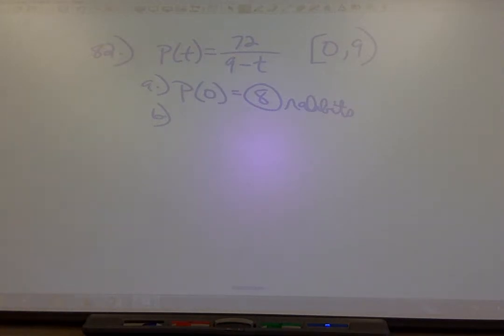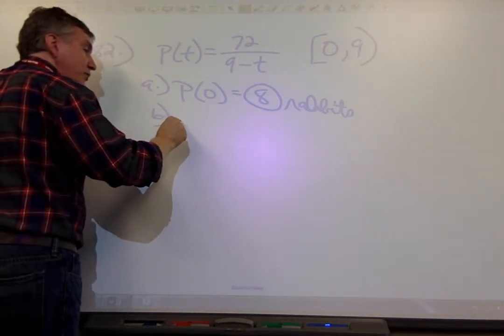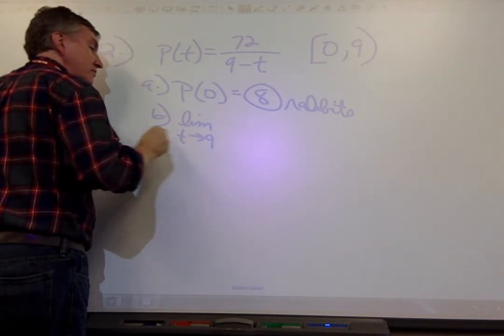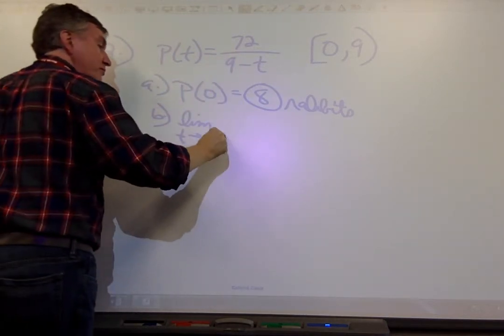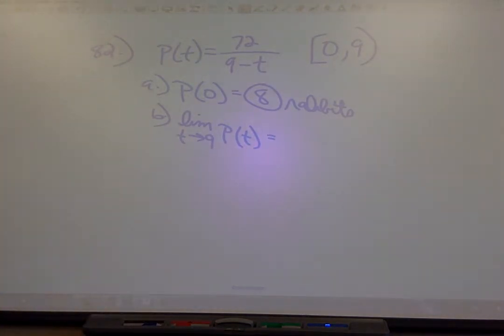B, show that the population of rabbits is increasing without bound. Okay? Well, basically what we want to find is the limit as t approaches 9. We can't actually get to 9 because that's undefined, isn't it? Okay? Well,